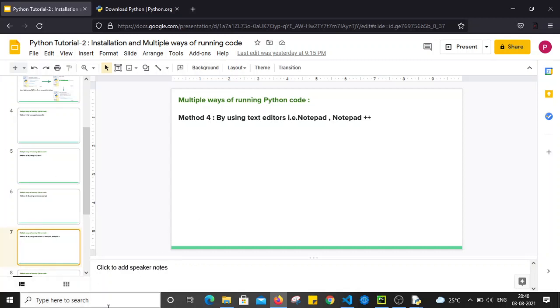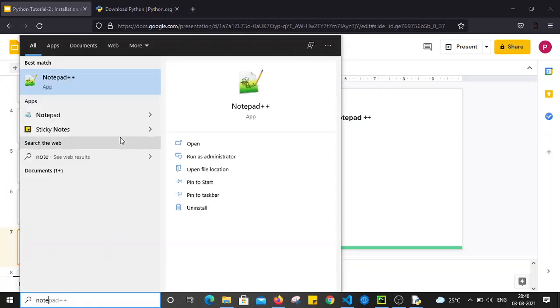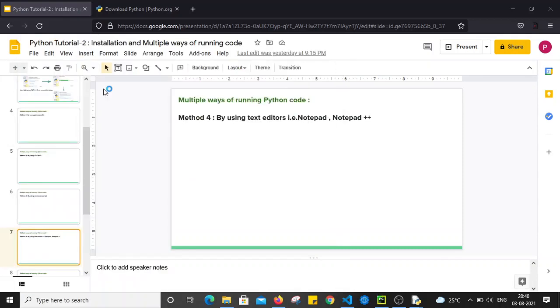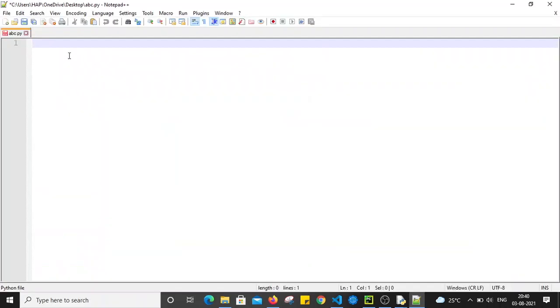I'm just going to open Notepad++, and I'm going to write some code in this editor. Let's start with printing something. I'm going to print hello world.